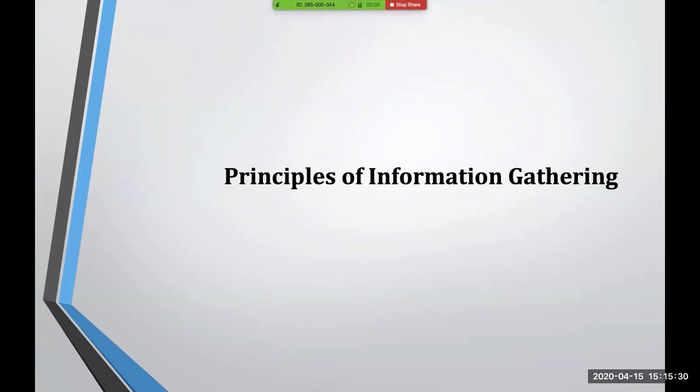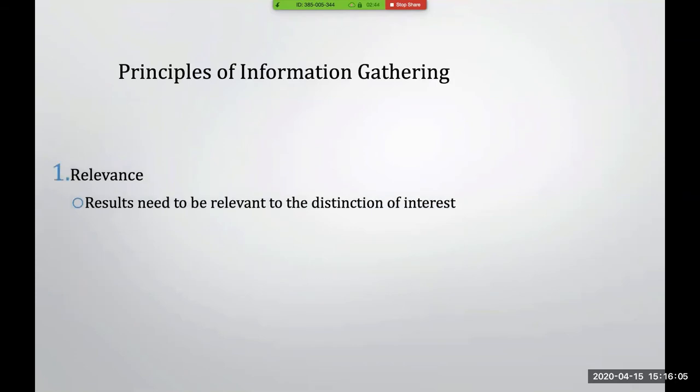Okay, welcome back. This is part 2 of chapter 13. And this is the third topic that we're going to talk about for chapter 13. It's called Principles of Information Gathering. So we have talked about what is useful information and then how to value useful but imperfect information. Here we will introduce yet another criteria to guide your process in information gathering in a more efficient and cost-efficient way. So the 3 principles of information gathering are: